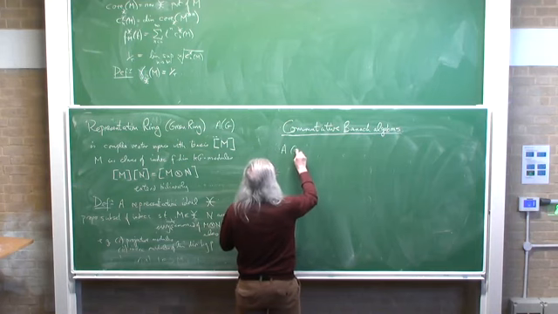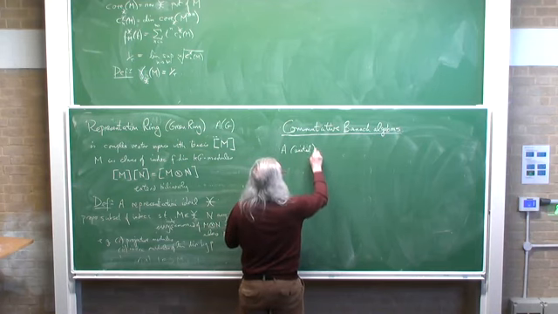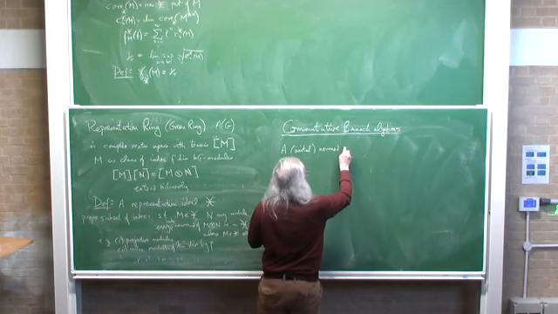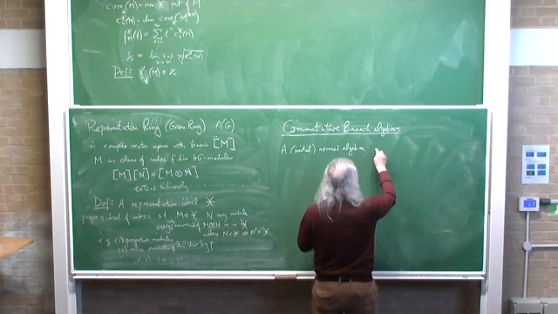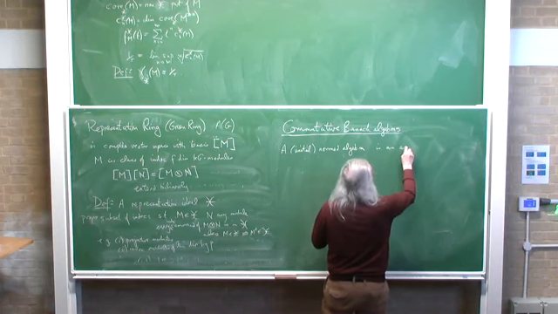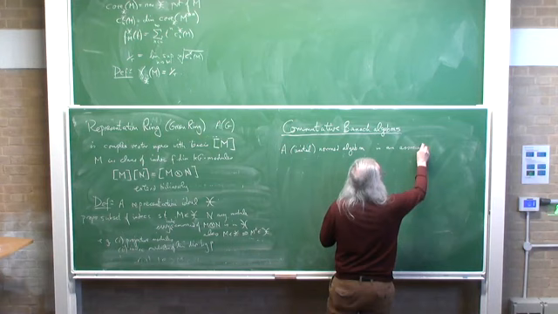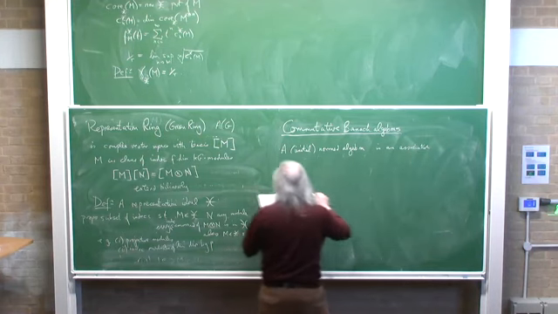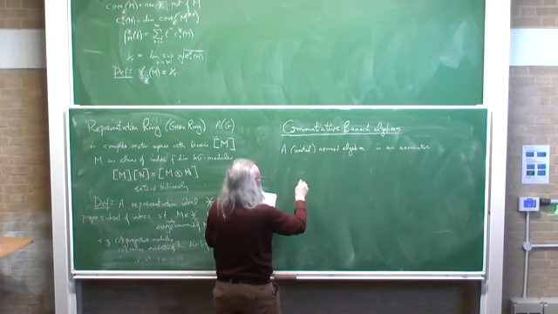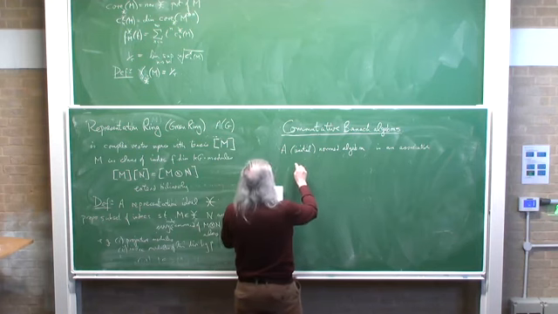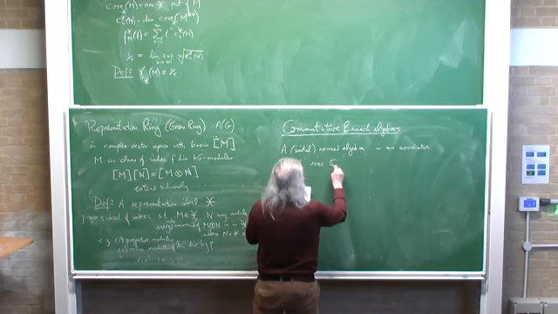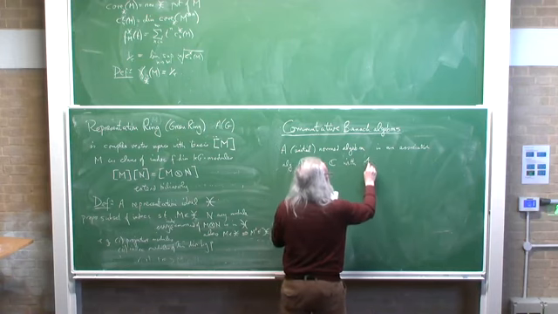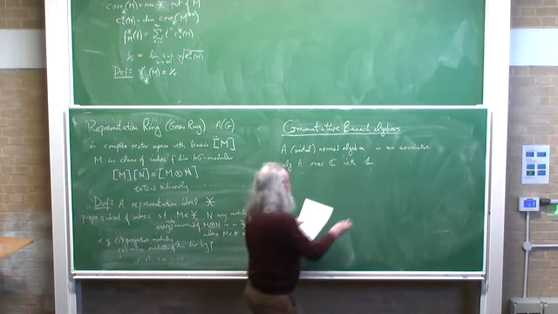So a normed algebra. This is always over C. It's associative, good, and ours are going to be commutative as well, but let me not put that in the definition yet. An algebra A over C with a unit element, which I'll call 1, and a norm,